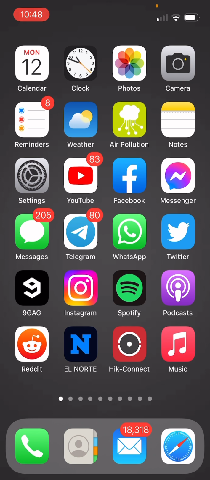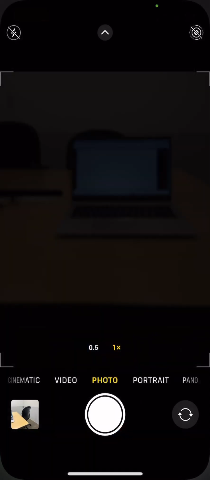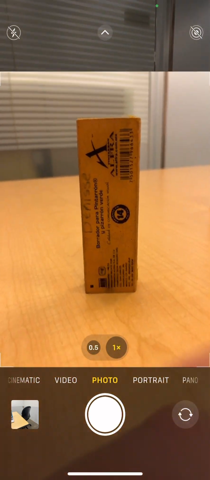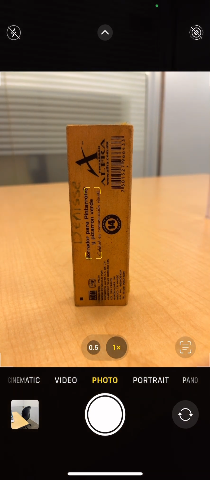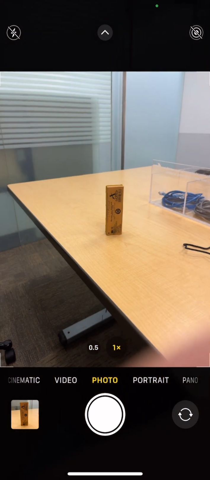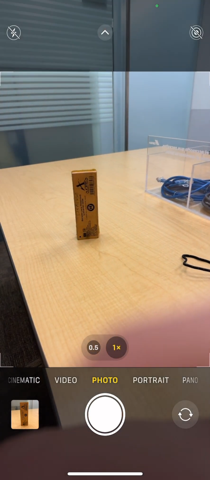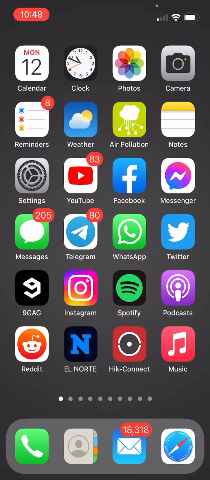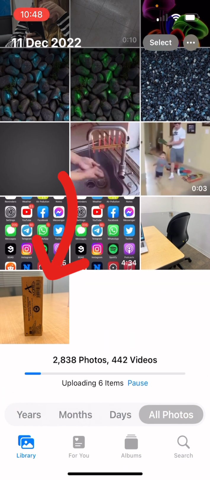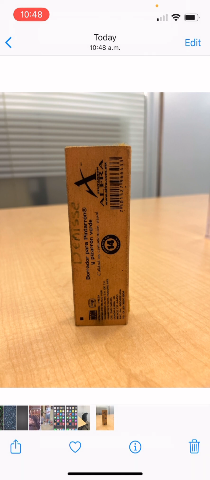If you take a picture like so, I'm gonna open up my camera right here. Let's say I want to take a picture of this item right here, and by mistake I take the picture like so, on sideways. I'm gonna click my photos right here, scroll down, here's a picture. So as you can see, it's sideways, and if I want to read